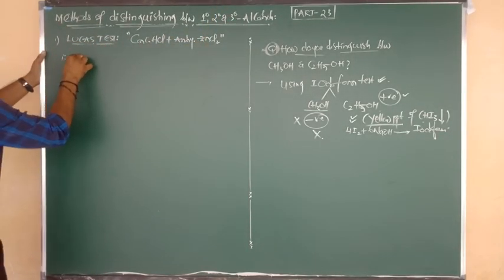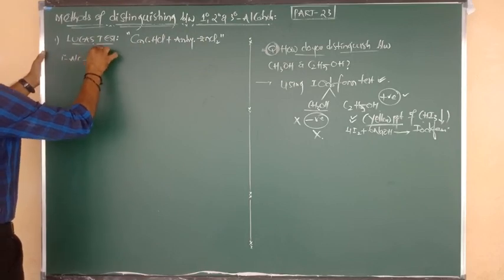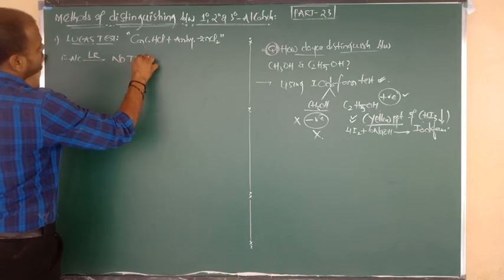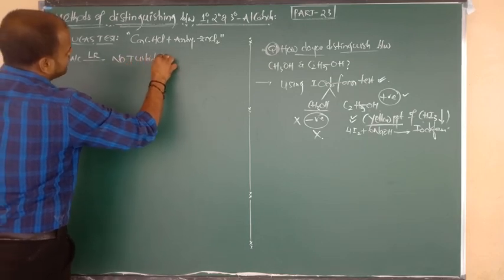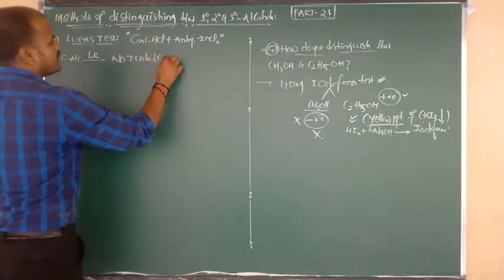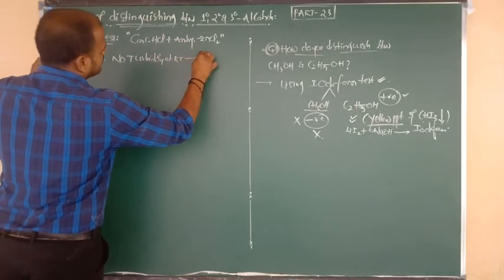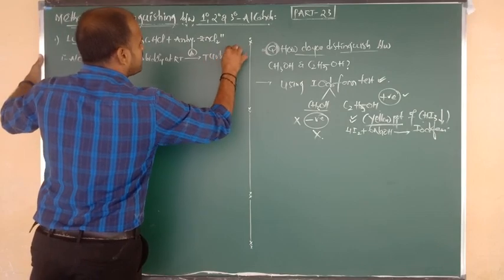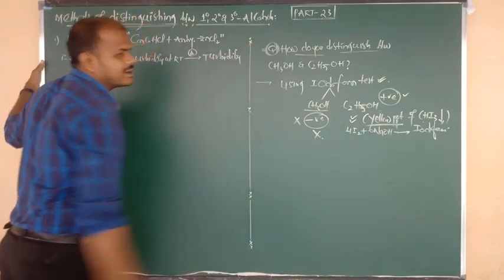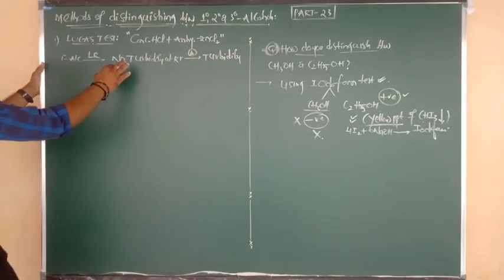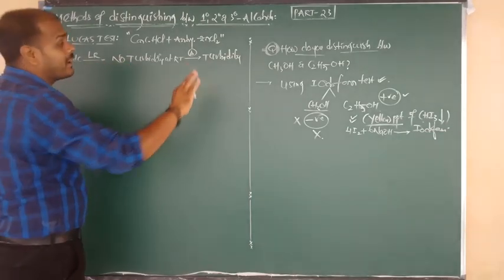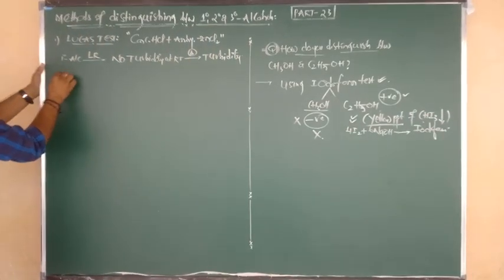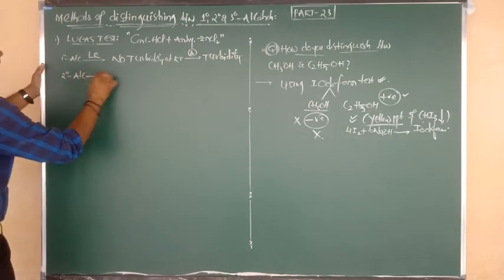Primary alcohols on reaction with Lucas reagent: does it form turbidity or not? It does not form any turbidity. So simply we have to say no turbidity at what, beta? Room temperature. But upon heating you will get what, beta? Turbidity. Turbidity means somewhat cloudy nature or unclear form. First of all it does not form any turbidity, but upon heating it forms turbidity. Good. Next one is secondary alcohols.